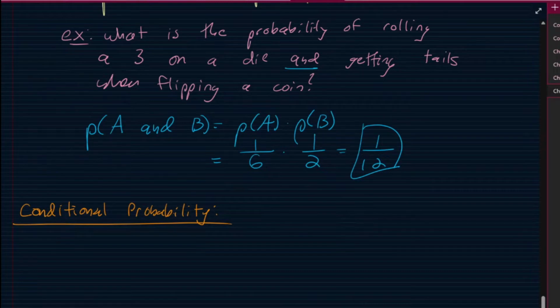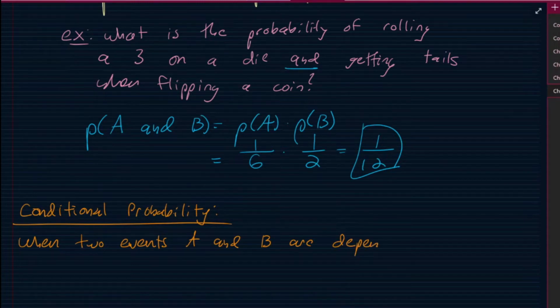So that's what's called conditional probability. And the formula for this, it says when two events A and B are dependent, the probability of both occurring